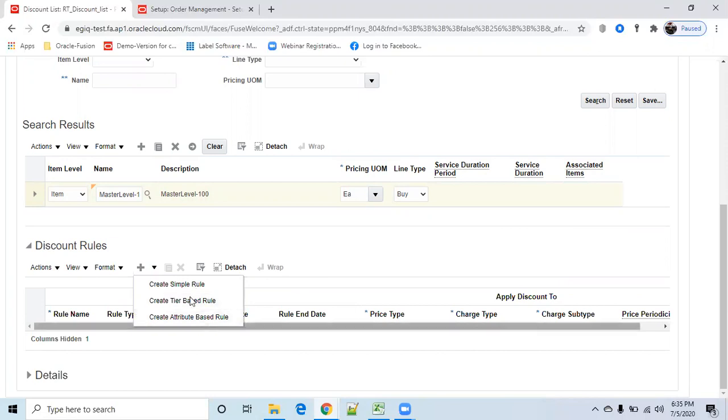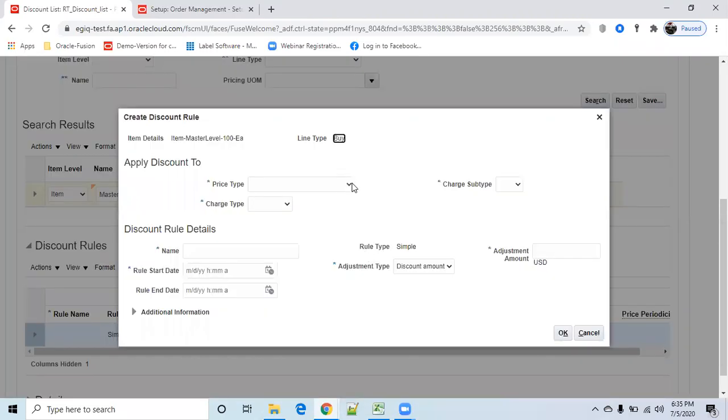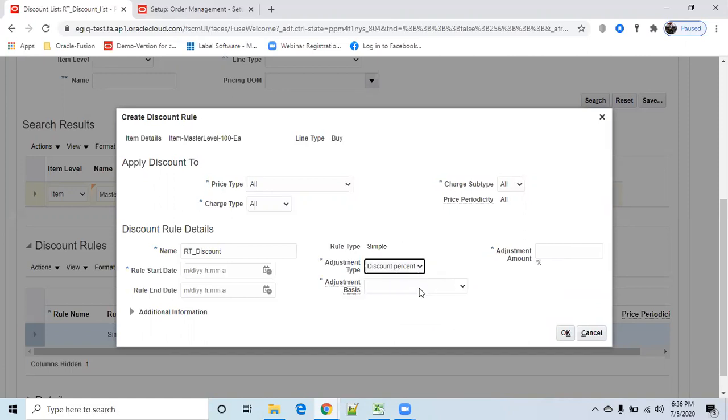There are a lot of options, and I'm going for a simple rule. The price type is all; we have one time or recurring. The charge type I'm taking as all only, and the charge subtype I'm creating like this. And what is the name of your rule? Just provide discount. Okay, the adjustment amount, so discount amount. See here, we have various types. We have percentage, we have markup, there are a lot of things. I'm going for percentage, and I'm giving 2%.